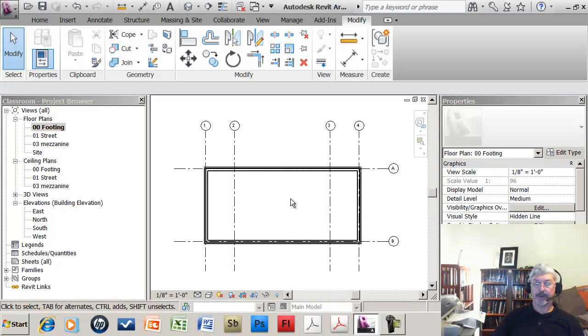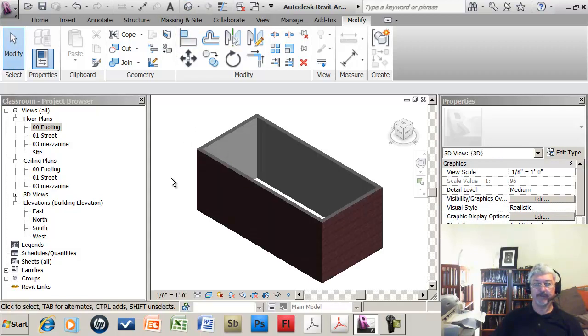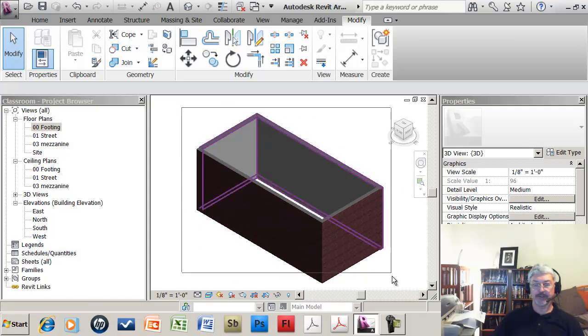Okay, now you've seen the power of using the properties palette to edit objects. Let me make this a bit more real life, just so that you get a sense of how easy it is to work with. So I'm going to click on the 3D view here, and what I'm going to do is take all of these